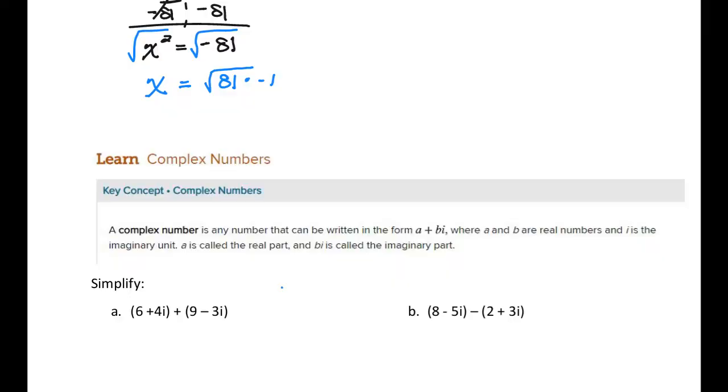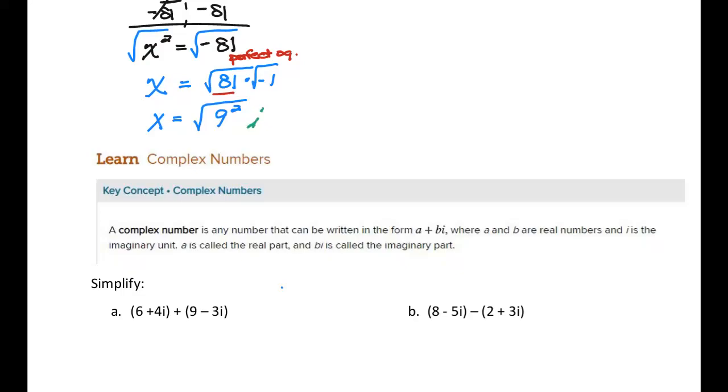So x is equal to, this is a perfect square. It is some number times itself. What is that number? Do you know? What number times itself gives you 81? 9, yes. So that is 9 squared